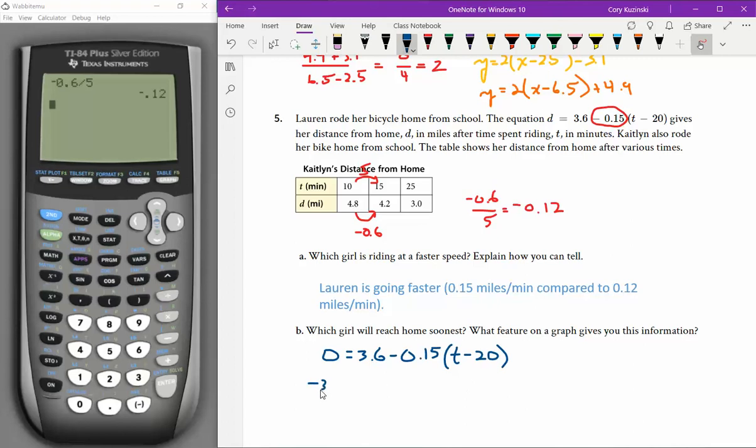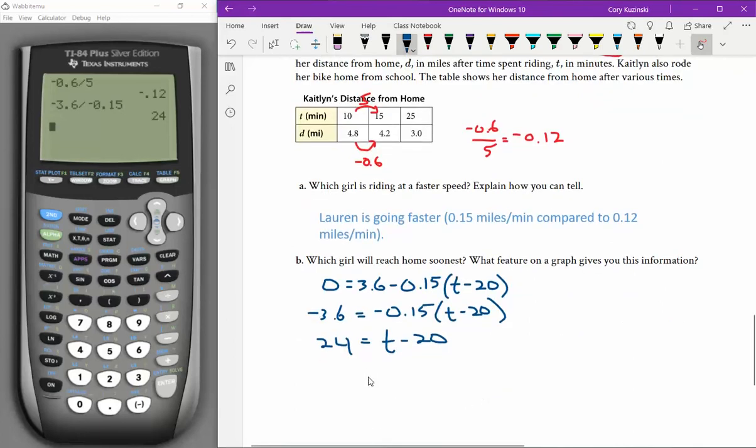We could subtract 3.6 from both sides. And then we could divide both sides by negative 0.15. And then we could add 20 to both sides, and we can see that Lauren will be home in 44